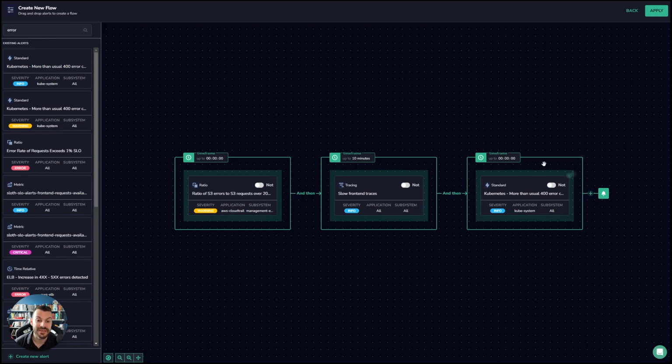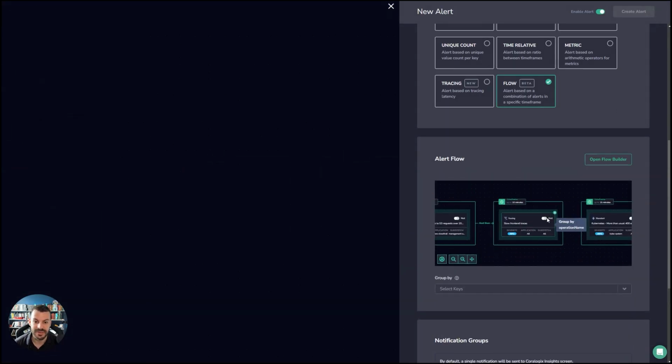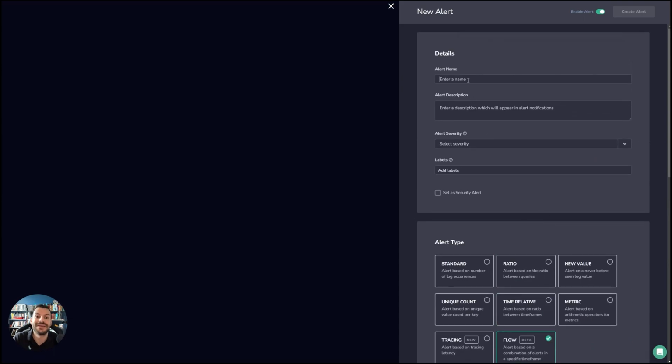You'll notice here that this is a mix of log and tracing type alarms. This is because flow alerts are a completely unique type of alert. It's essentially one alarm defined around logs, metrics, traces, and security data. So this enables you to define these really complex, really sophisticated stories without having to worry too much about the underlying alarm. So it's a really nice way for users to engage with alarms that already exist. There's loads of different things you can do here, but a really nice use case is when you're trying to bake the root cause in. And once you've defined this, you can apply that, and you can see a preview here. A typical name for a flow alert might be something like